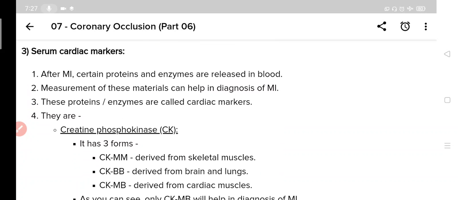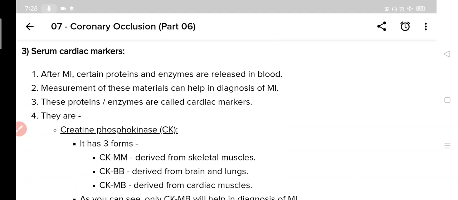Now we will come to serum cardiac markers. So what are serum cardiac markers? Like any other body part, heart muscles also contain some proteins and enzymes. After a myocardial infarction, these proteins and enzymes are released into the blood. They may normally be present in blood also, but after myocardial infarction they are released from heart muscles, so their amount is increased in blood. So if you test blood, you can see that their amount is increased, so you can confirm the diagnosis